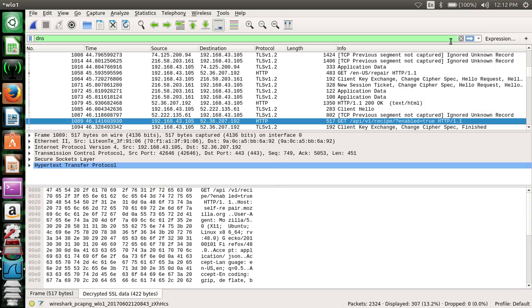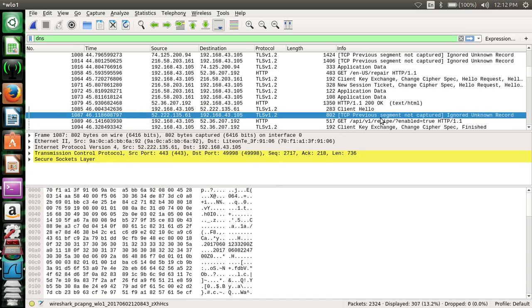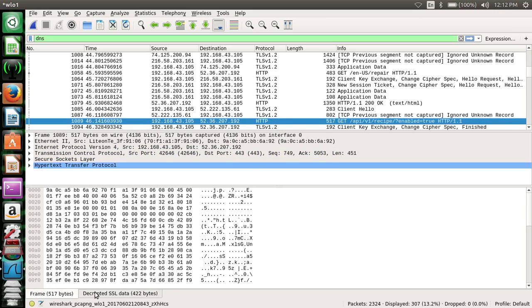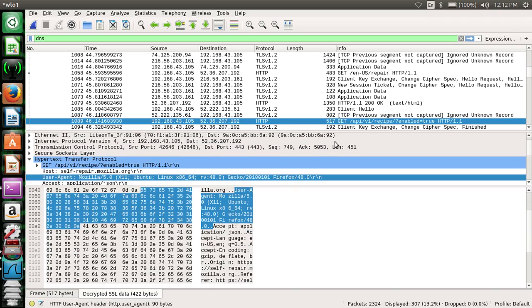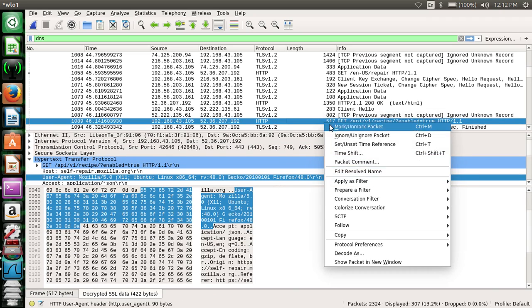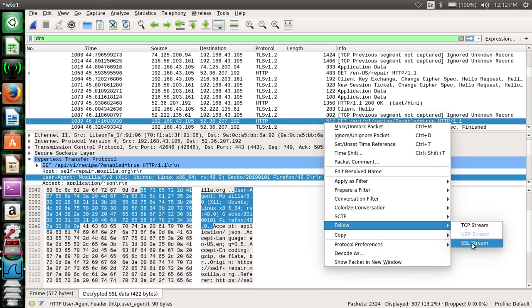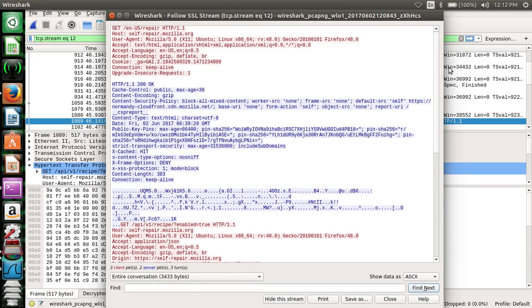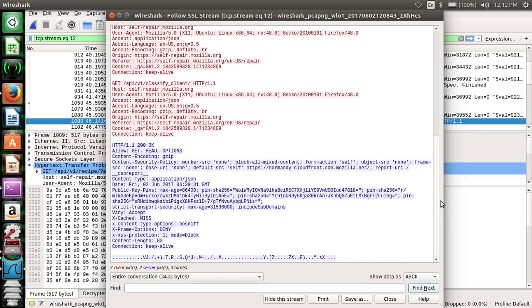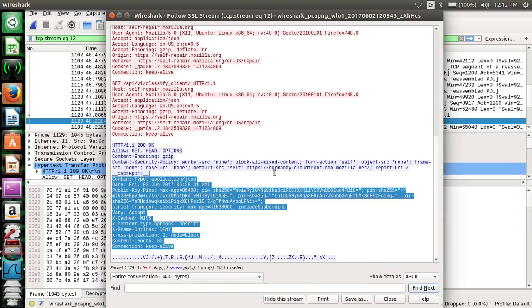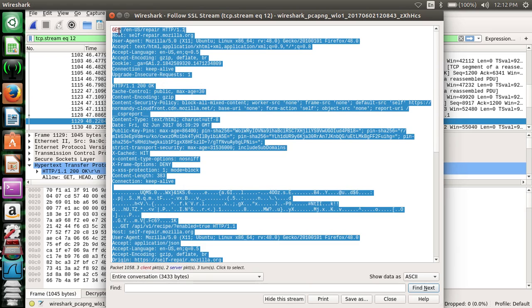Yeah, here you can see there is a GET. All the information relevant to that GET has been decrypted. Just going to the decrypted pane. Just right click on the GET and do what I'm doing. Yeah, here you can see all the information has been decrypted. You can see various intermediate packets. All this selected data has been decrypted by us.